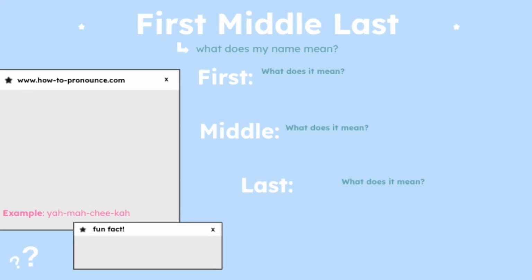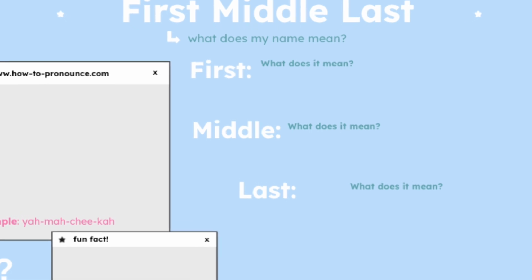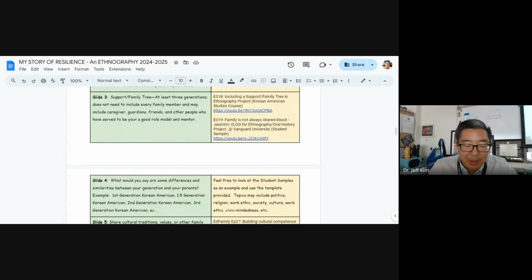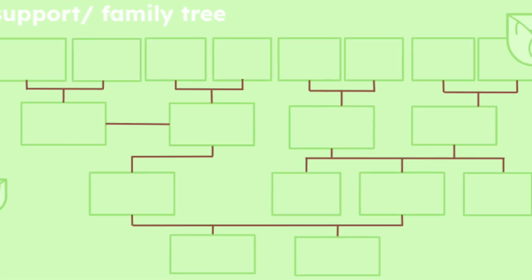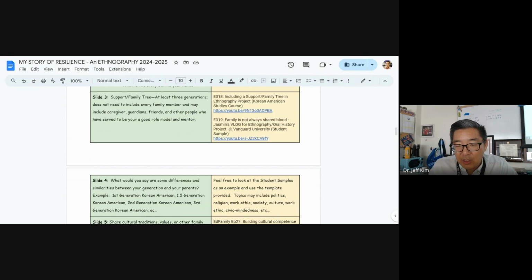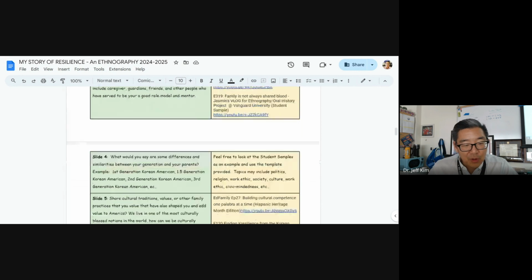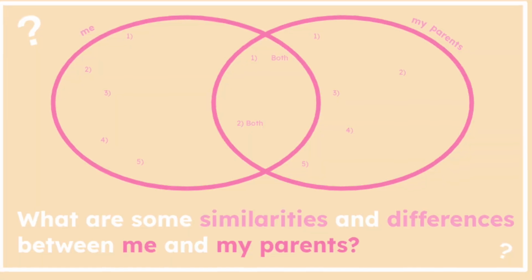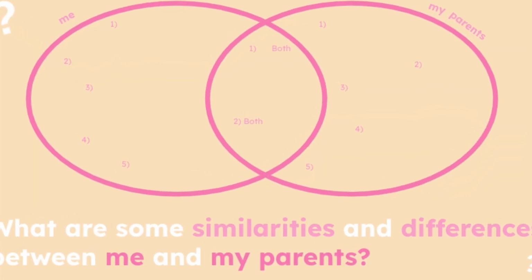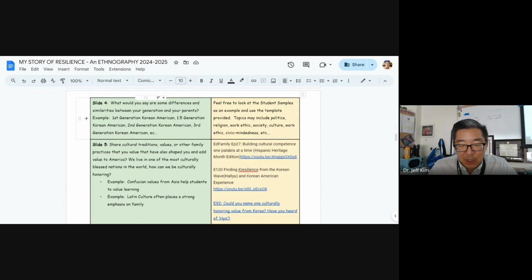I actually talk a little bit about the story behind my name, and then maybe that gives them inspiration for theirs. In slide 3, I talk about, in my vlogs, a family tree experience that I had, and also another student who had a family tree experience, but it wasn't of someone who was their shared blood, just to be sensitive to those who have a support tree but may not be their family members. So they're creating that tree. Slide 4 is, what would you say are some of the differences and similarities between your generations? And that's why I had the questions below.